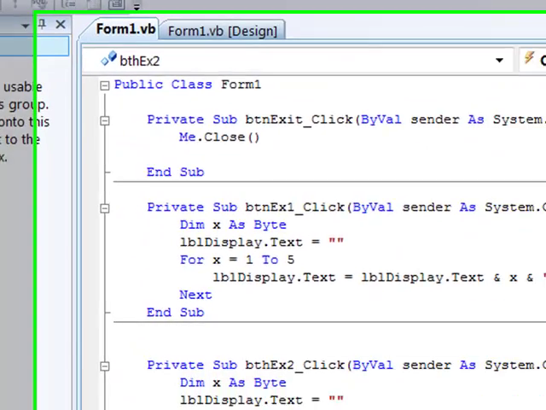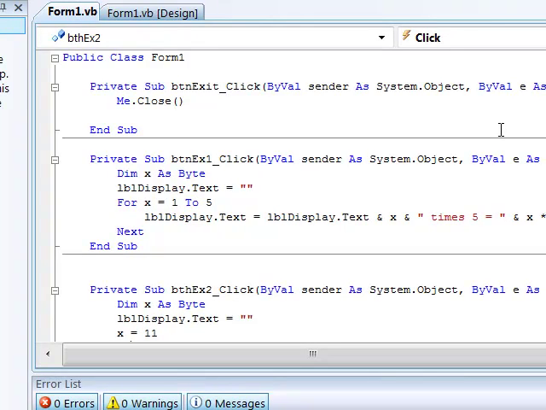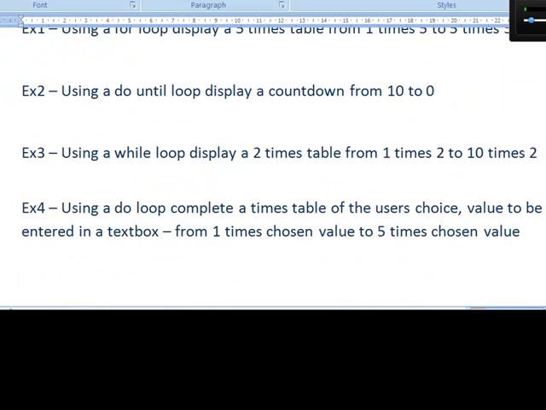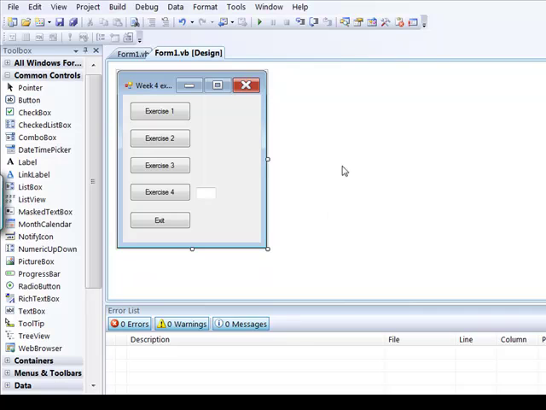Right, I'm going to set you a couple more exercises in a minute, and pause the video and see how you get on with these exercises. So just a couple more exercises for you. Exercise 3, using a while loop, display a 2 times table from 1 times 2 to 10 times 2. And exercise 4, using a do loop, complete a times table of the user's choice, value to be entered in a text box, and that goes from 1 times the chosen value to 5 times the chosen value. So if I just show you that running,